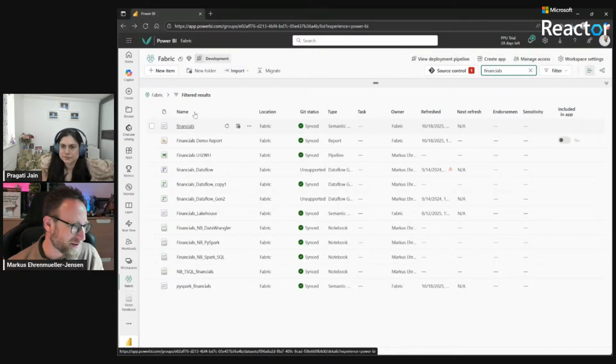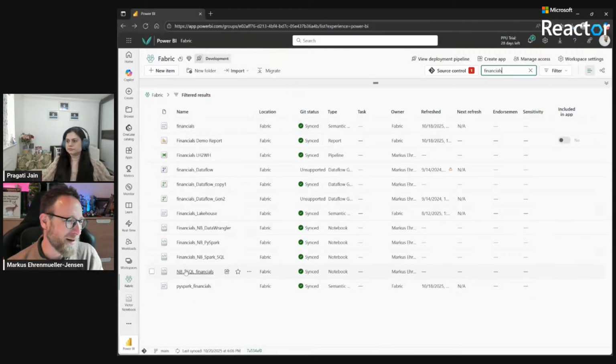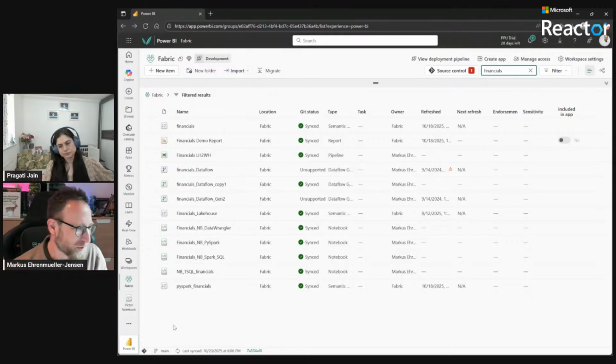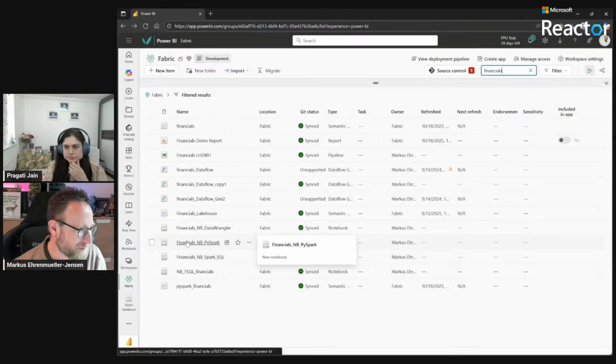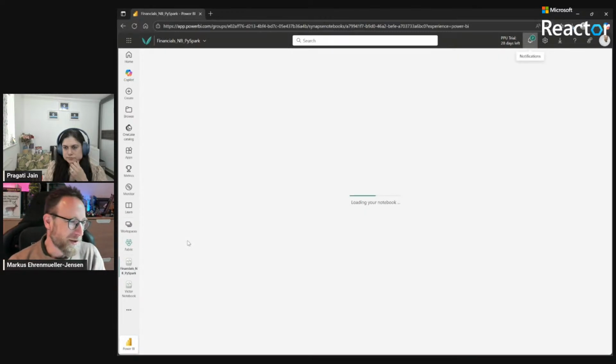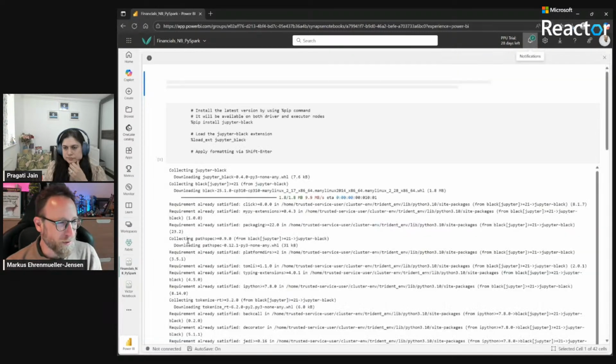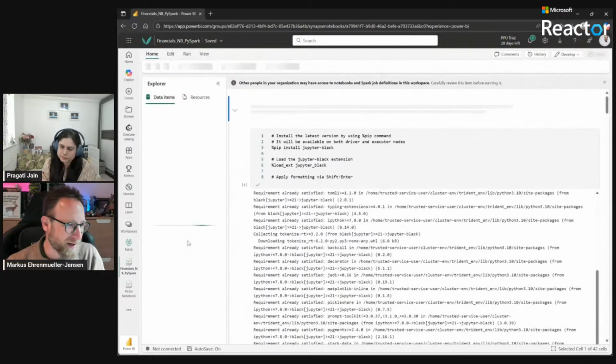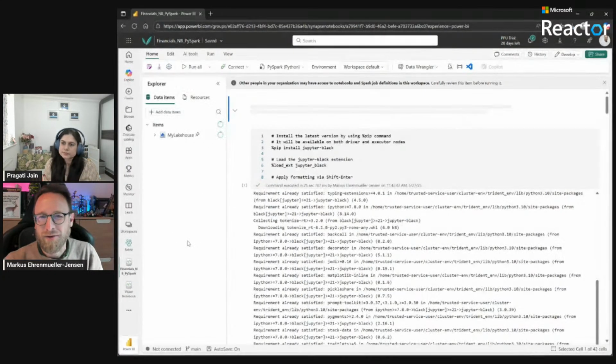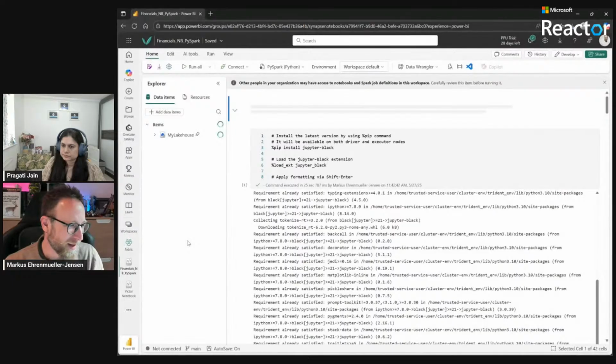What can we do in Fabric? There are different opportunities, as you can see, for how we can work with our data. Let's jump into maybe the PySpark notebook, which I created here. What we're going to see is a notebook which transforms this one wide file, this financials file, into something which is a star schema. So we have to split it out into a dimension table and a fact table. What I did here is build one filter dimension table, one fact table containing the KPIs, and one date table, of course, right?